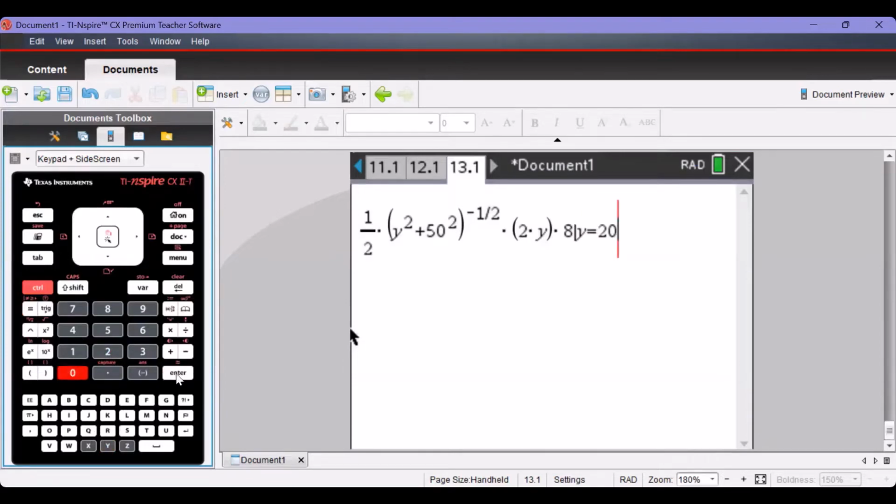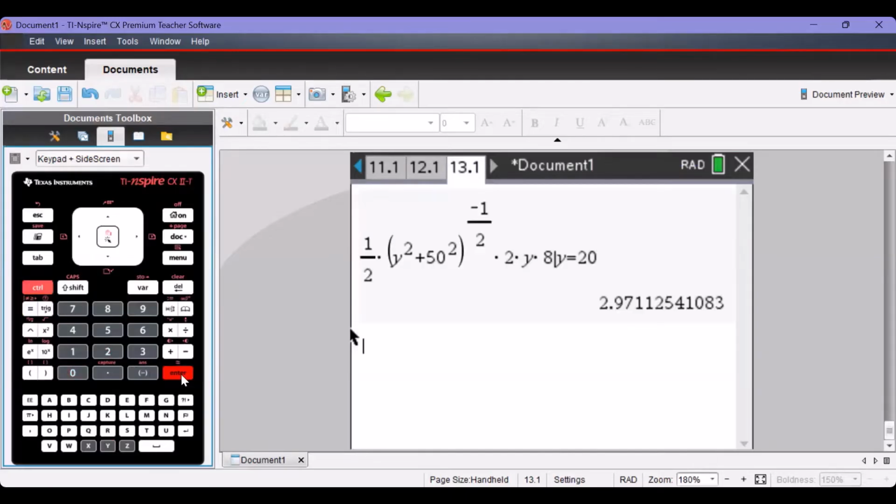If we press enter now, we'll get an exact answer. So if we press control enter, we get, correct to 2 decimal places, 2.97. And so the rate at which z is increasing with respect to time at that point is 2.97 meters per